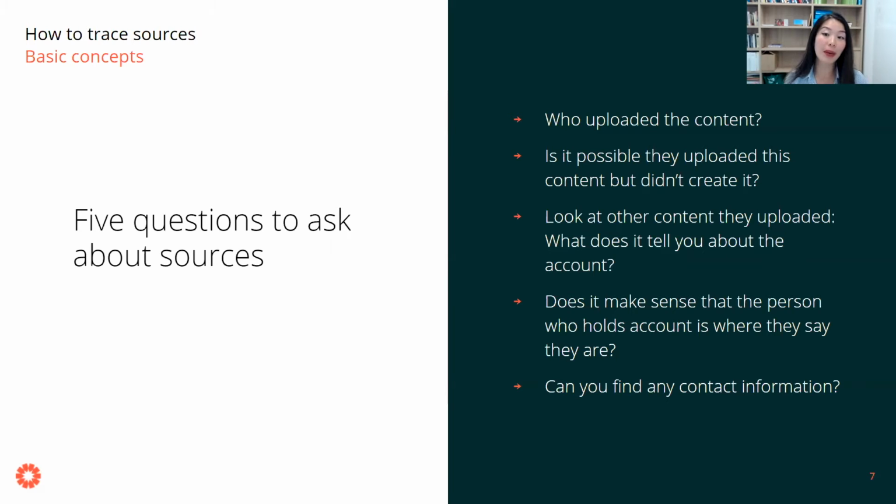So we're also thinking about the other pillars of verification, like date, location, things like that. Also, we want to think about whether we can find contact information for the person, because the best way to verify a source is always by contacting them directly. And this is speaking from experience as well, because in the past, I would have to contact online sources a lot. And usually when you talk to the person, it's far less likely for them to lie to you because they don't have the time to make up the lie, right?